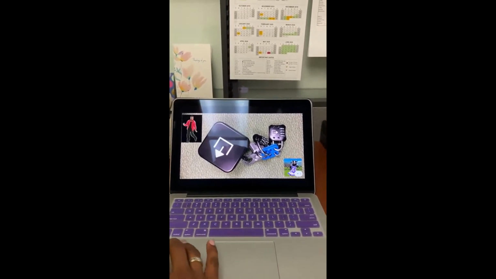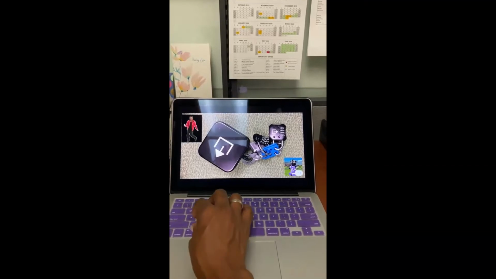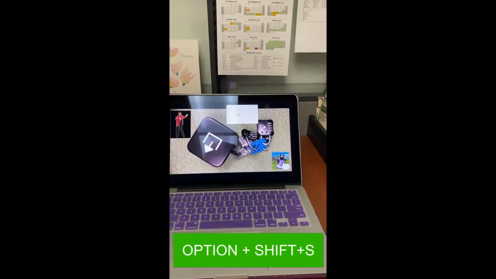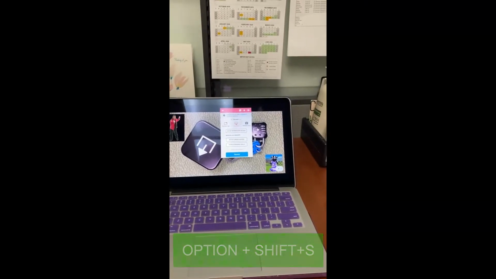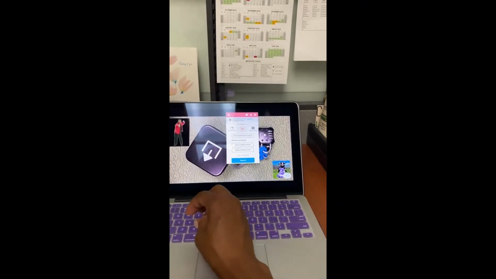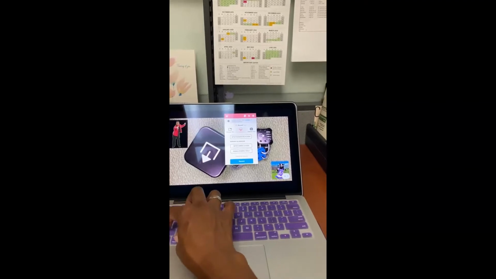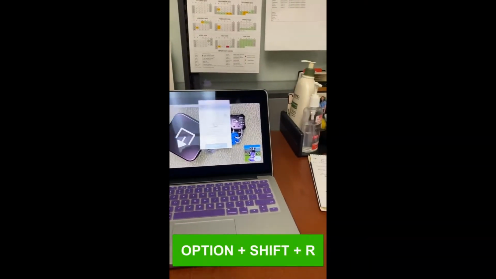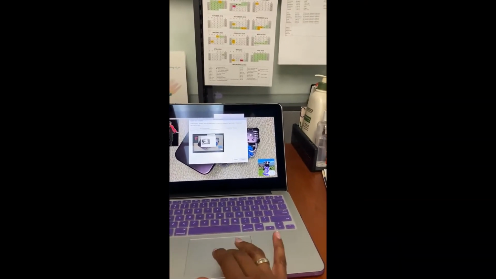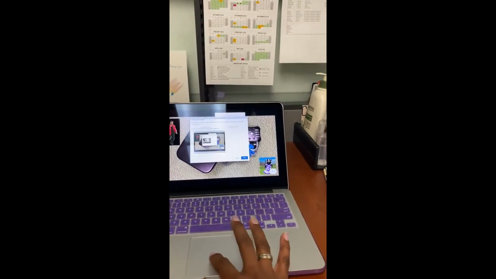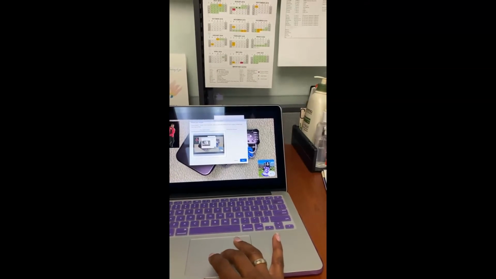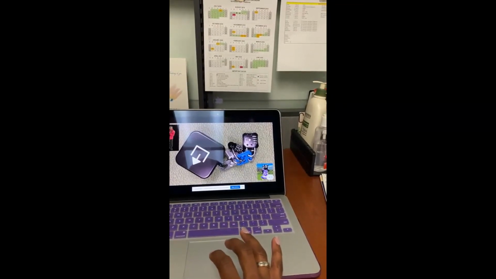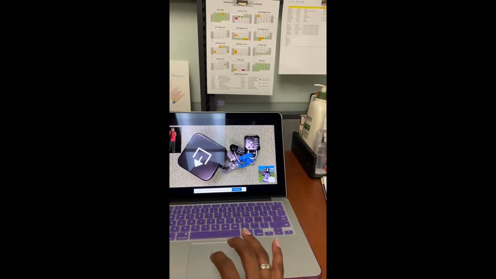So if I select Alt+Shift+S on the keyboard, it launches the Screencastify. And then if I select Alt+Shift+R, it pulls up the window to share the screen. I'm going to tap the screen that I'm going to share, select share, and now you can begin discussing everything